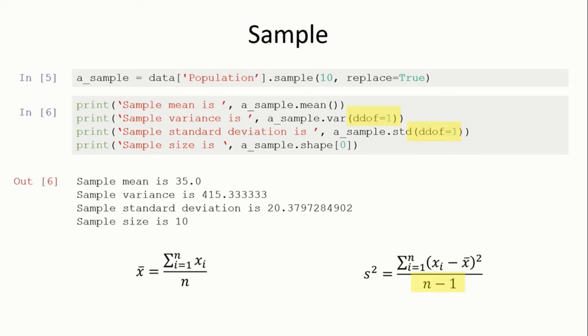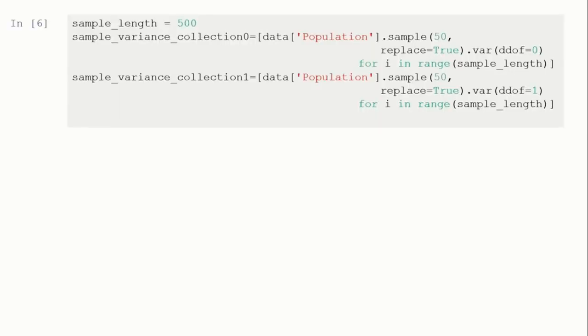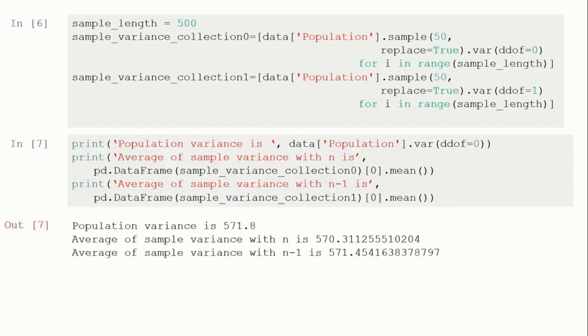It means the denominator of the sample variance has to be n-1 instead of n, which is the sample size. To understand why the denominator of the sample variance is n-1, let us generate 500 samples, each sample with size equal to 50. We calculate the sample variance for each sample using n and n-1 as denominators. You'll find that the real population variance is